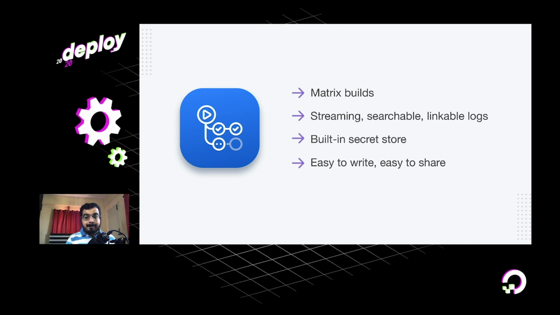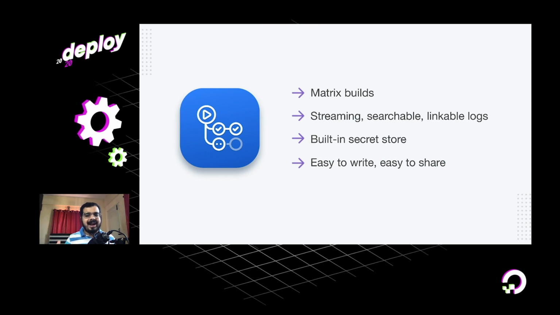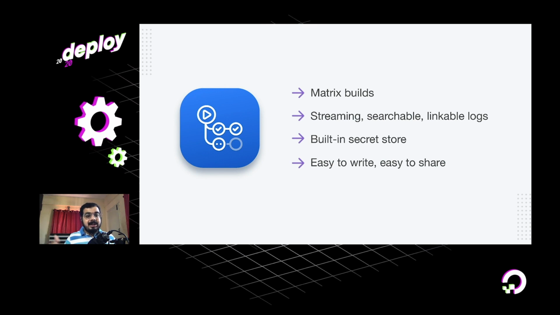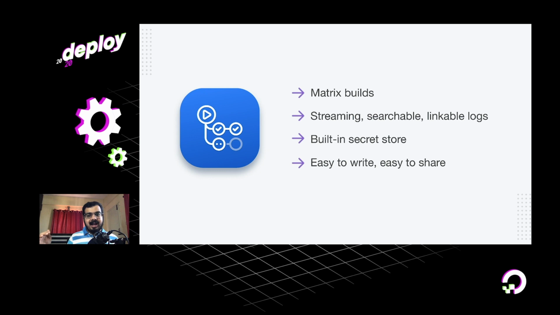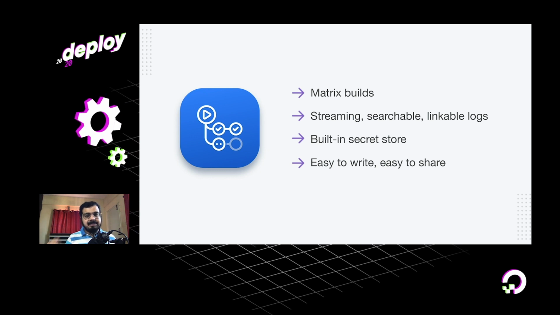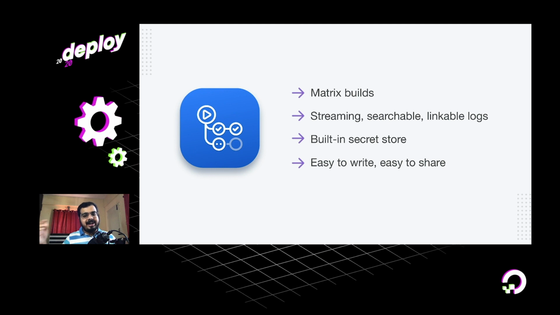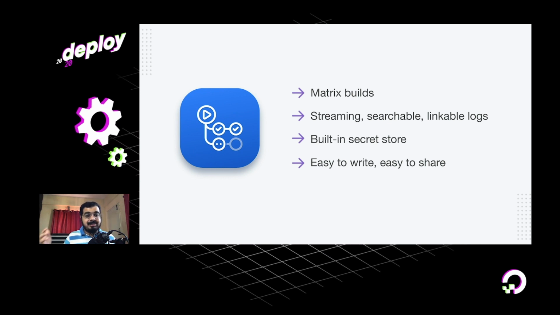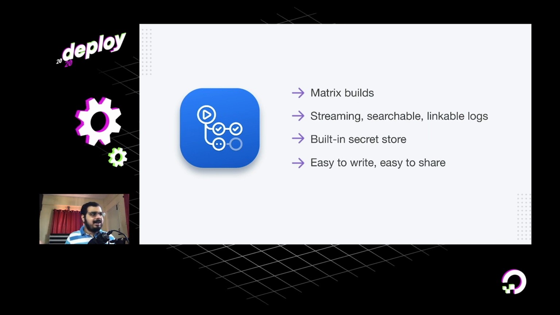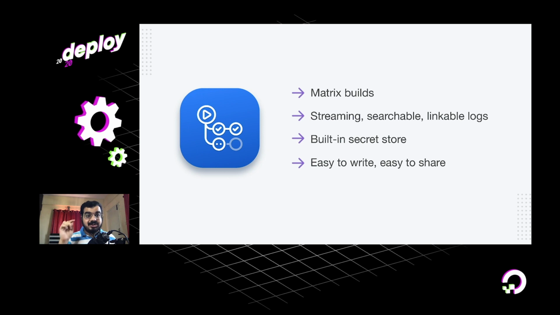The other thing is Actions also support matrix builds. So you can run parallel jobs across OS versions, runtime versions, or any variable you want to use to multiply your workflows. Actions gives you real-time feedback with streaming logs that are searchable and also deep linkable. So you can share a link to a specific line of a log with a friend to get help debugging a build. So you don't have to keep on searching, or your team doesn't have to keep on searching, oh, where did that line go? Where is the error, etc. You can just deep link it and share the streaming logs.